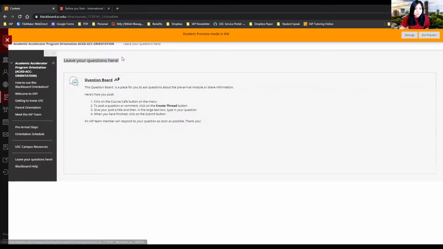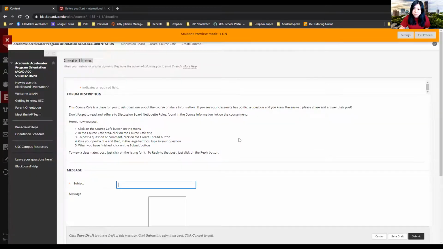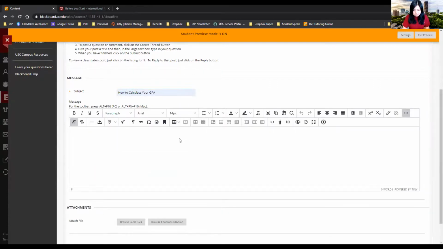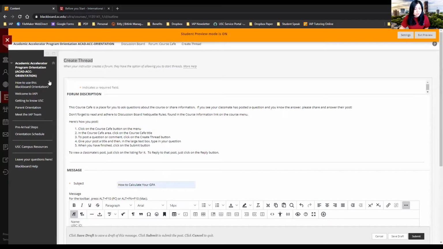The way you leave your question is if you click onto the Leave Your Questions Here tab on the left side panel, you will see this question board. Click into question board, and then on the left side here, you can create thread. Create thread, and then you can name the subject of your post, and then make sure to put down your name, your USC ID, your question, so that we know who you are. And that will be how you can go through these Blackboard